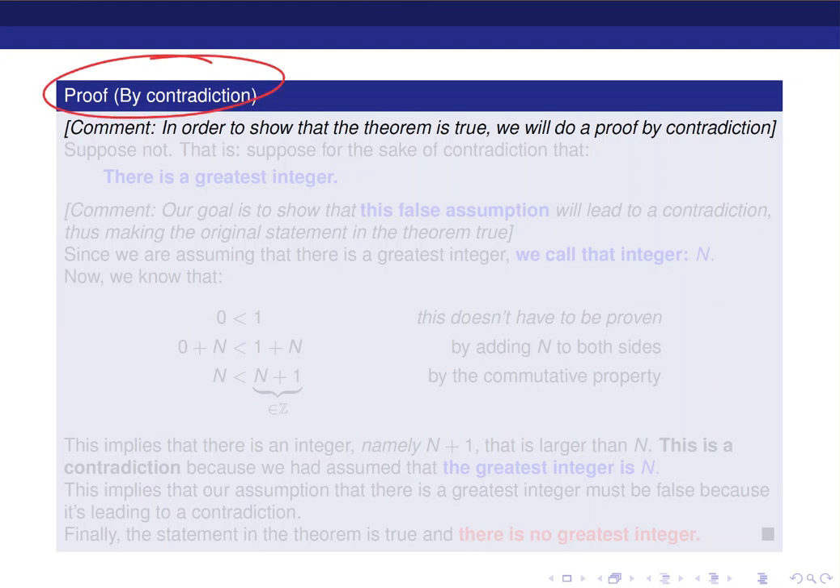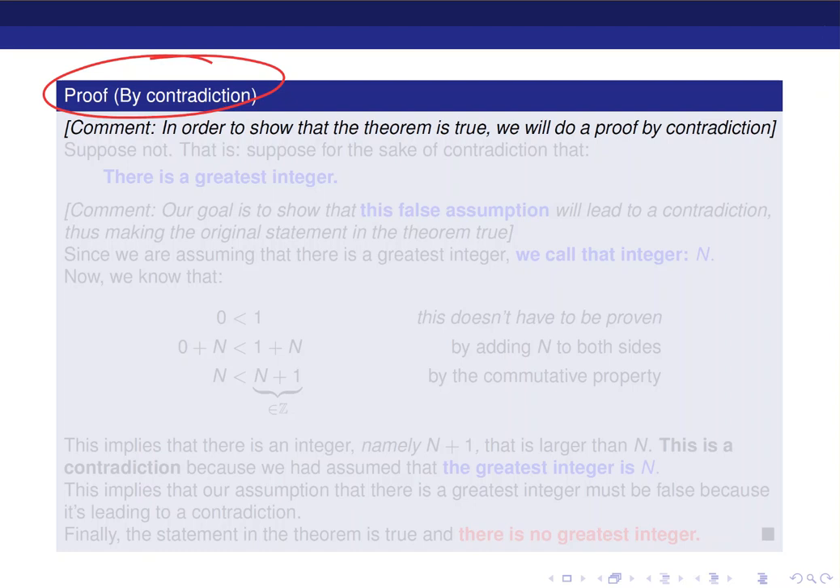Normally we don't write anything right there, we just write the word proof and we move on. However, to be extra clear, I want to mention that I'm doing a proof by contradiction so that the reader could mentally prepare for the following kind of proof. This is an indirect way of proving things. So in order to show that the theorem is true, I'm going to do a proof by contradiction, which means